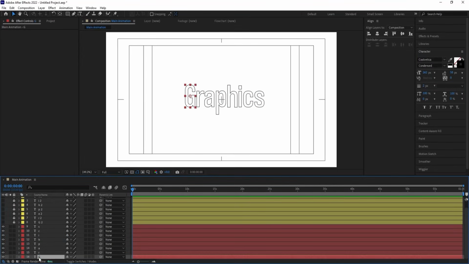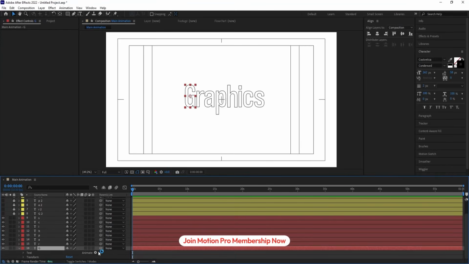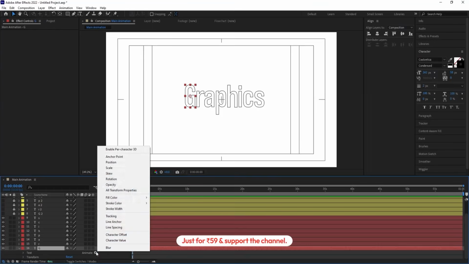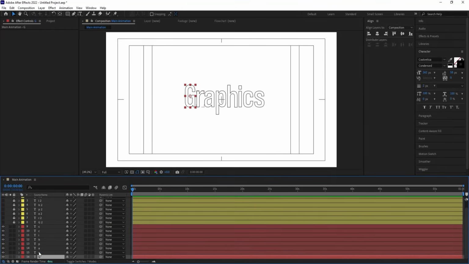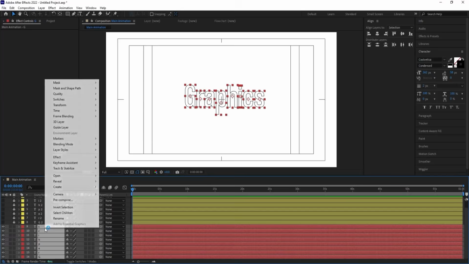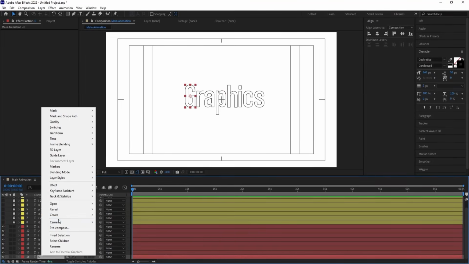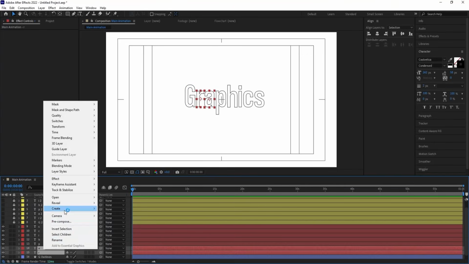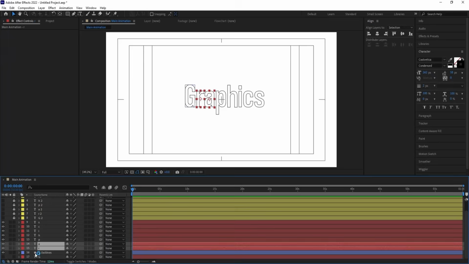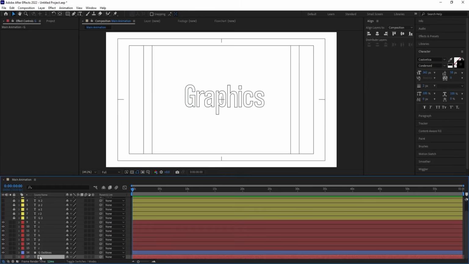Now I'm going to select this G. I'll go to the animate option over here, but currently if you see there is not going to be a trim path animation because this is a text layer, not a shape layer. So what I'm going to do, I'm going to select all of this, right click, create, and as you guys can see it's not possible to do that. So let's select this, right click, go to the create and choose shape from text layer. Okay, let's see if it's possible for that. No, it's not. So we have to do it individually, and then after doing that remove this original text layer